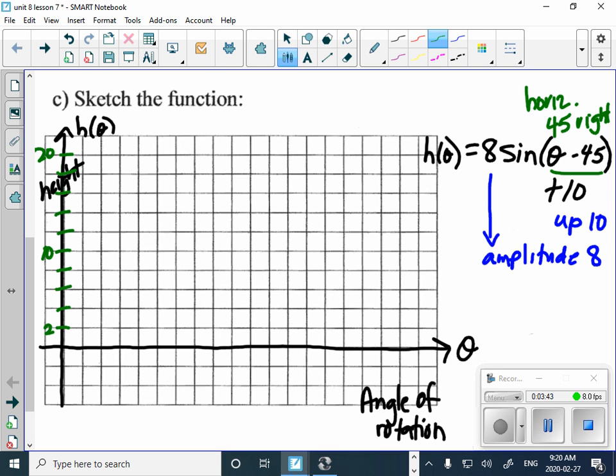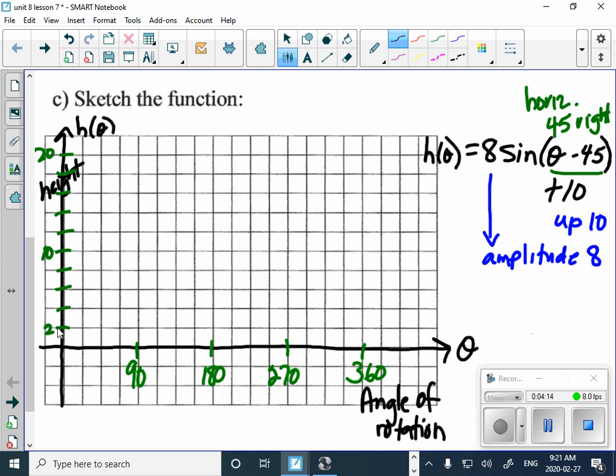Now as I do my horizontal axis, I am in degrees. I know one complete cycle takes 360 degrees, but cheating a little bit as well, I know that I'm going to move it to the right 45. So it would be really helpful if 45 were 1 or 2 squares. I'm going to make 45 2 squares so that we can see it well. So I'm just spreading this out a little bit. Okay, so